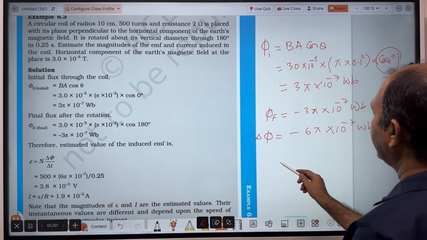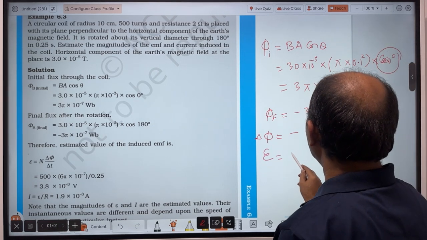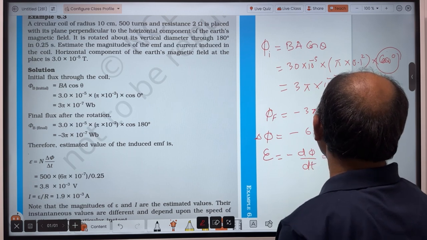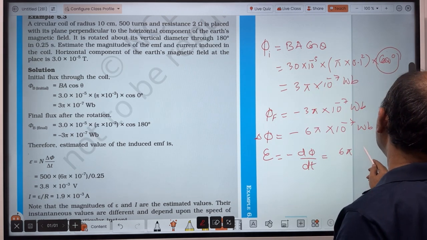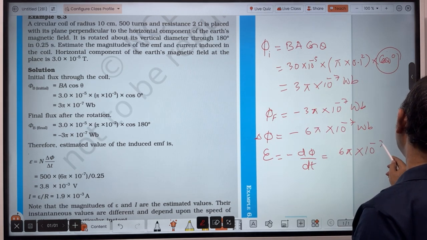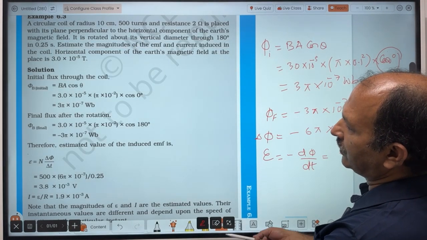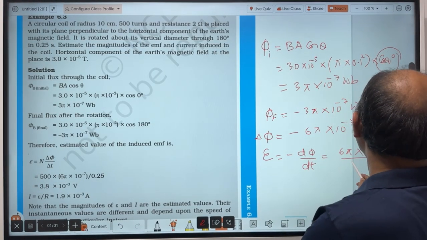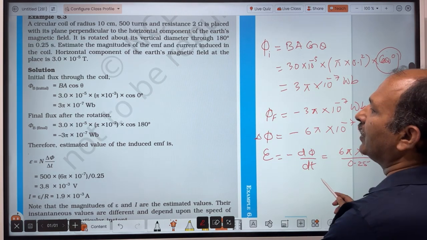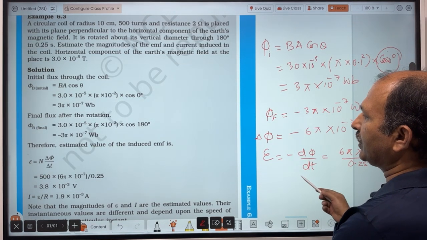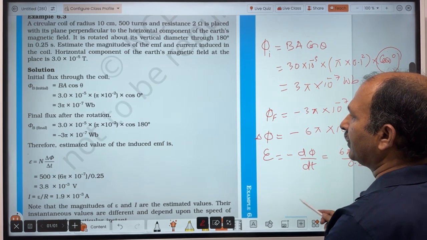And now we have to find out EMF induced, E equal to minus d phi by dt. So we divide by time and remove the negative sign. So 6 pi into 10 to the power minus 7 divided by time, which in our question is given as 0.25 second. And then we evaluate it. So we get 3.8 into 10 to the power